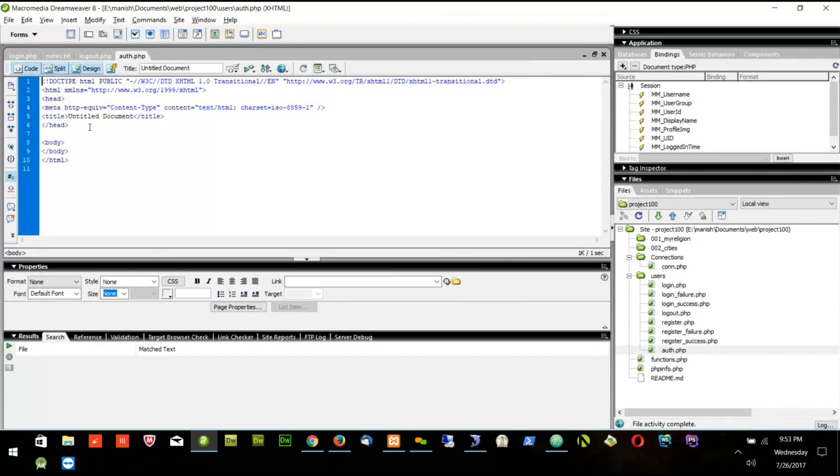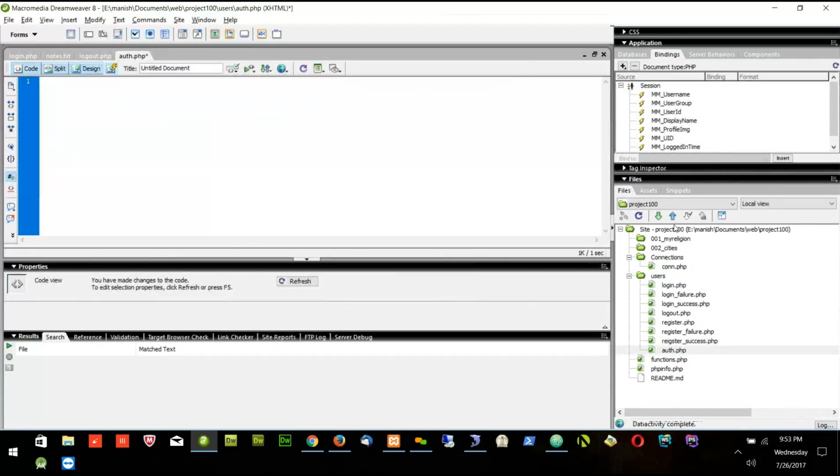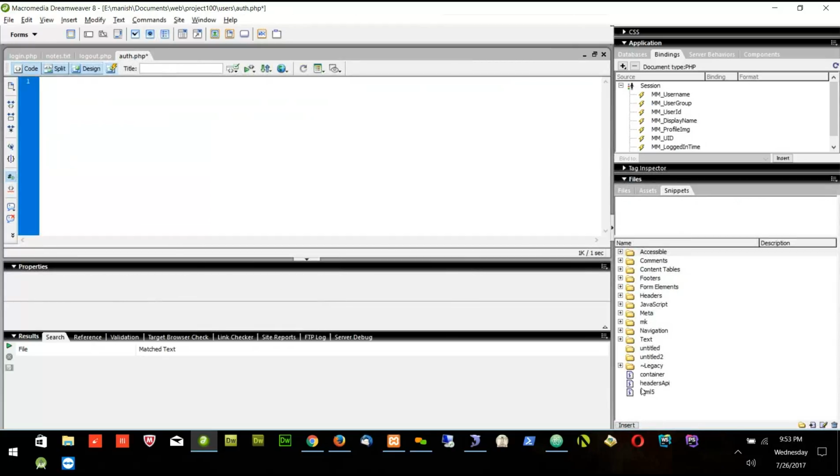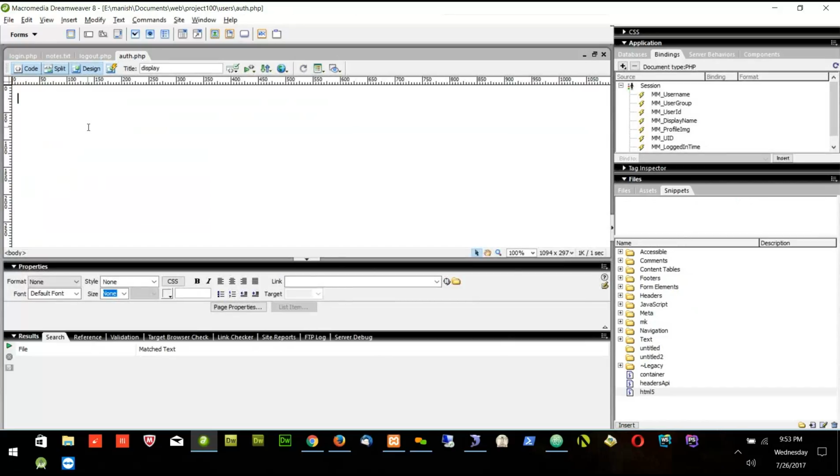So this is the HTML4. I'll delete all the HTML4 and I will put the HTML5 code in the beginning. Now we will do the Firebase part, right? So let's create some buttons or links, and each link will call a different Firebase authentication. For example, first link I will put as Google. If I want to log in with Google, I will click this link. Second link, here I'm saying Firebase